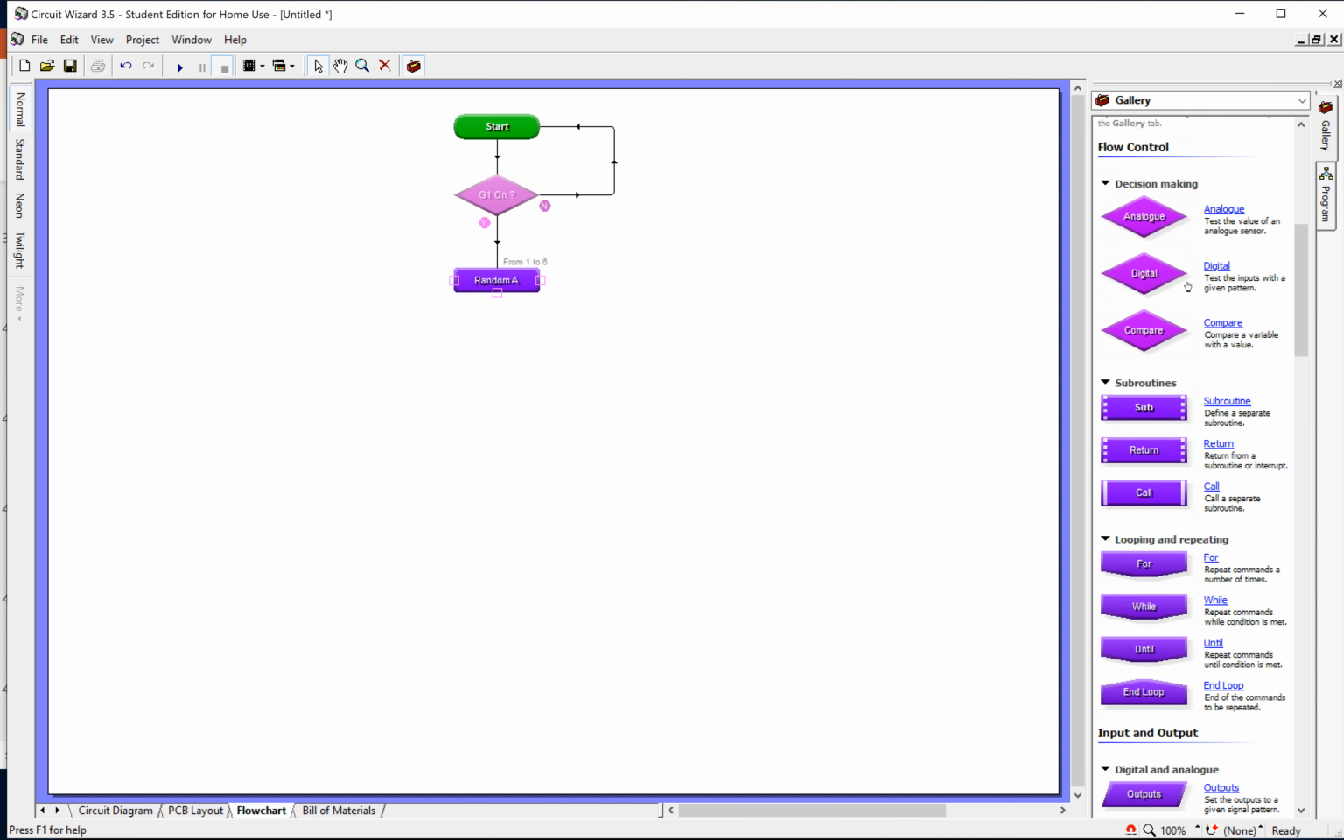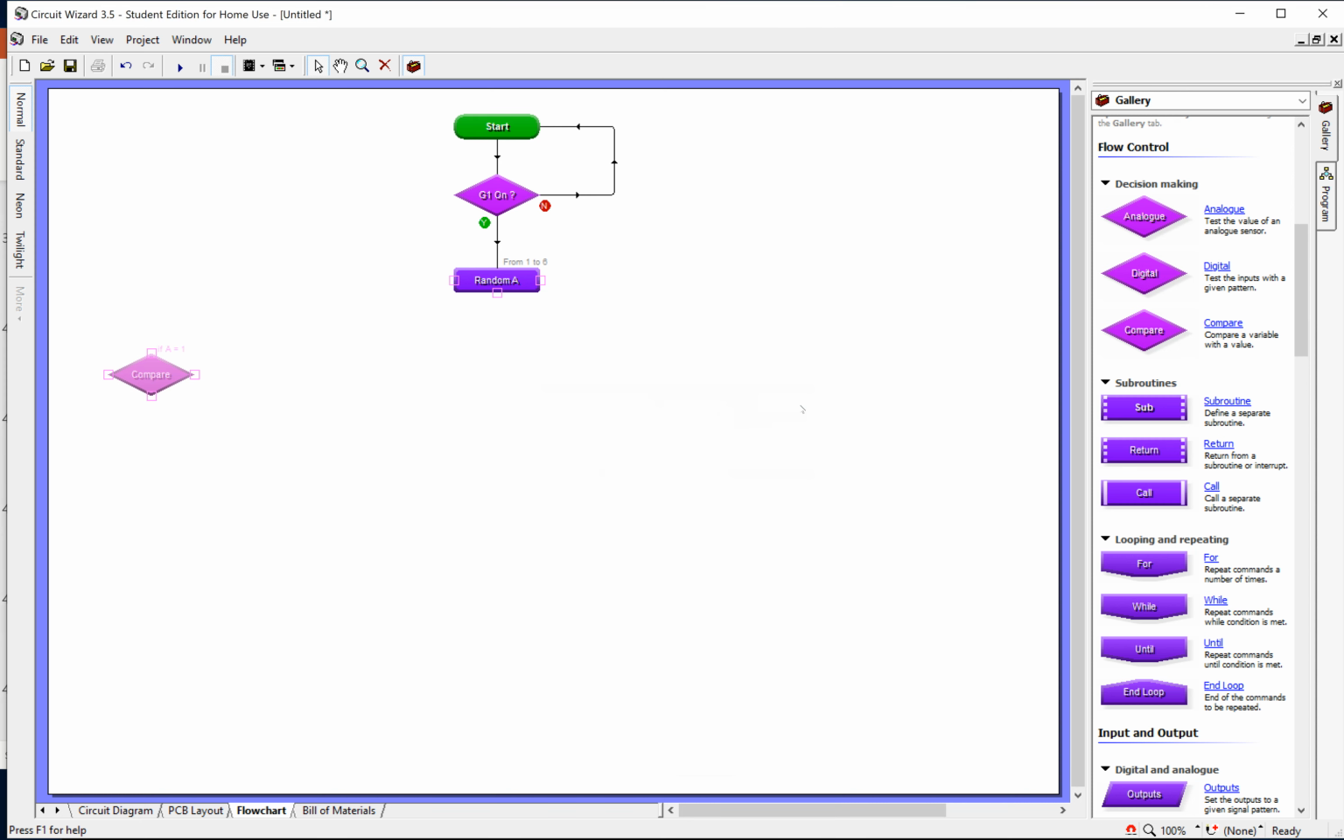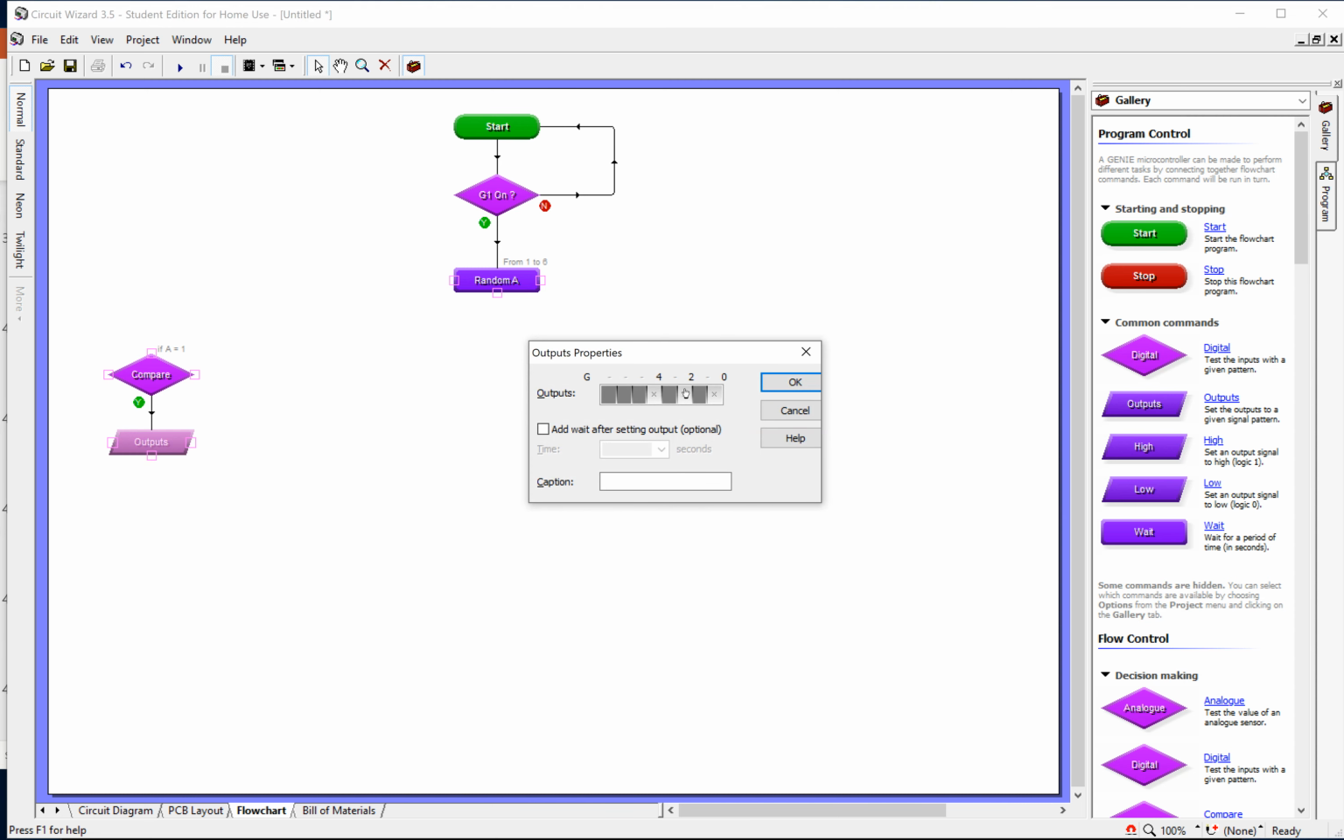Right, next up what we're going to do, we're going to use a compare function. We're going to put compare function over here, and we're going to ask the question, does, double click, mathematical, does A equal 1? Does A equal 1? Well, if A does equal 1, then one of the outputs needs to go high, because we need to light up one of the LEDs, or one of the set of LEDs. So if it goes high,